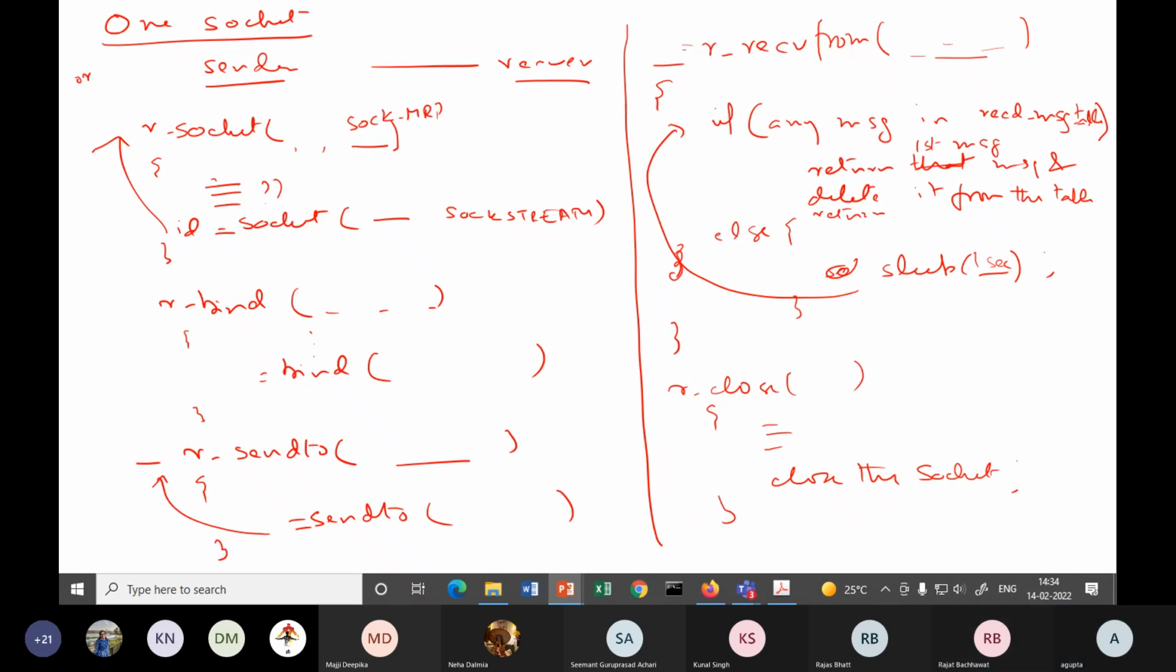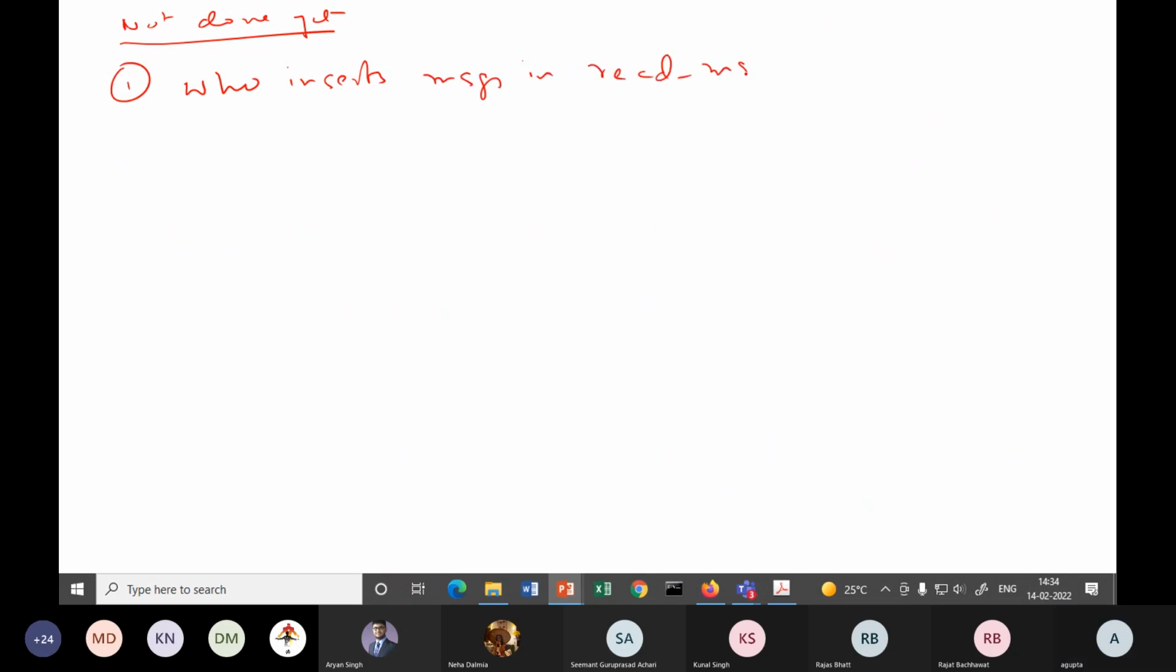Okay. What are the things that we have not done? Inserting message into the receive message table. Very good. I have said if any message is in the receive message table, but in none of these calls is there anything to actually receive the message. But then remember, two things are not done yet. One, who inserts messages in the received message table,